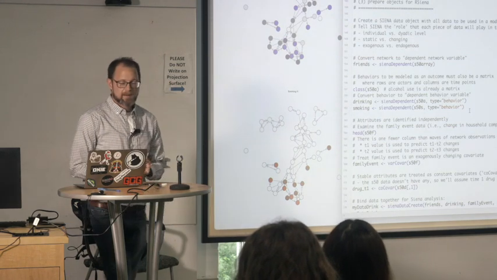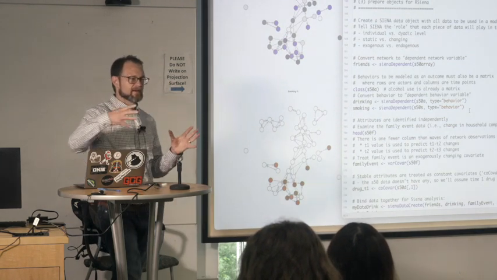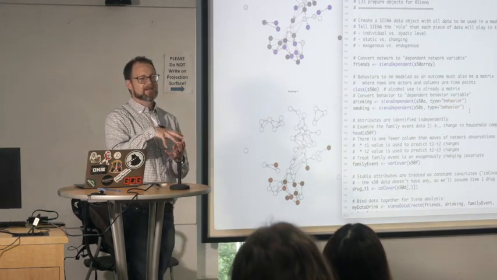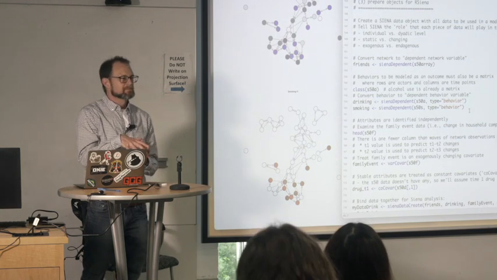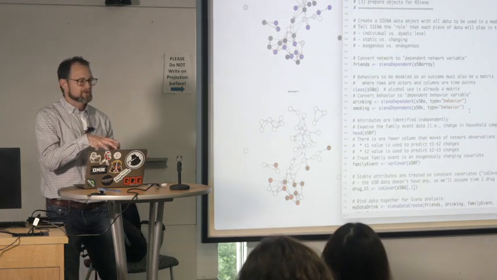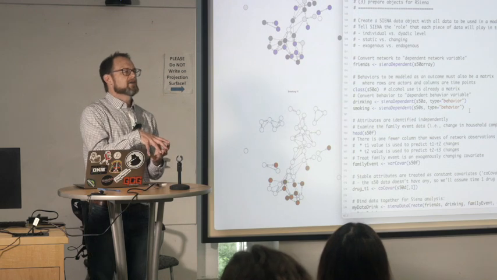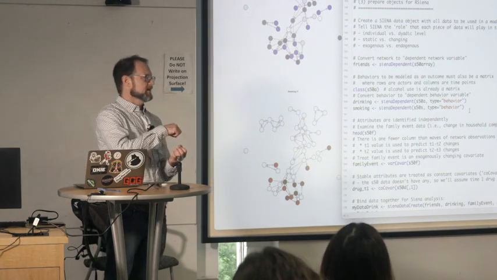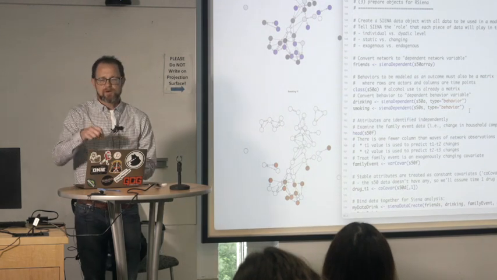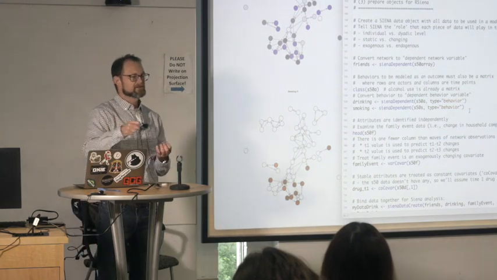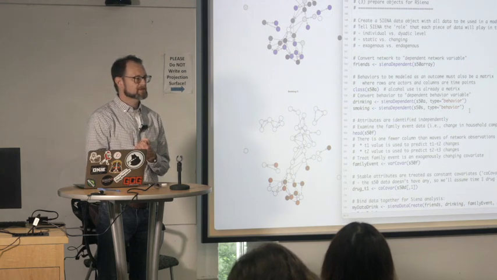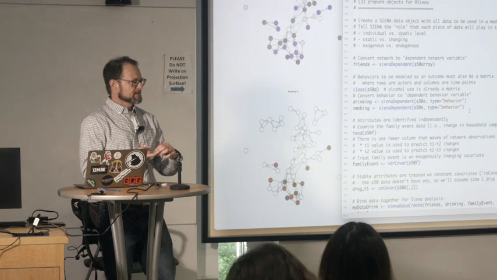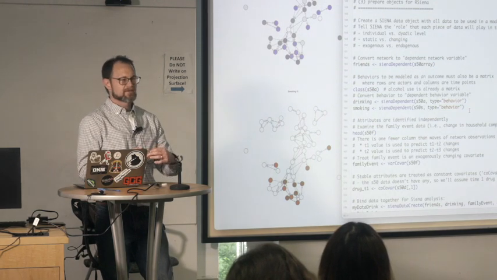You have to create what's called a SIENA data object that contains all the data you want to use for a model. So bring it all into one object before you do anything else. And as part of that, you have to tell SIENA what role each piece of data is going to have. So what is my network? Which data object is my network? Any attributes I want to bring in, let's bring those in and tell SIENA that these are